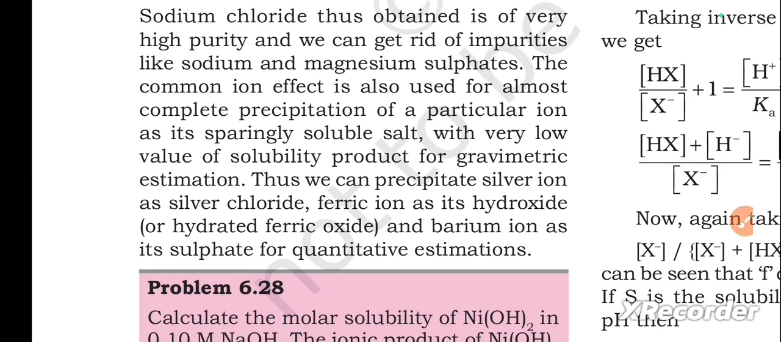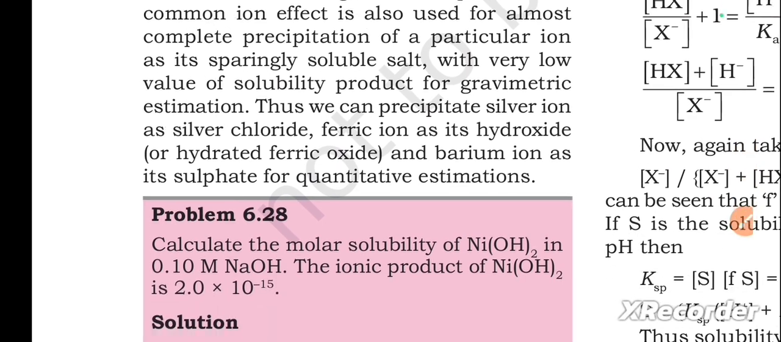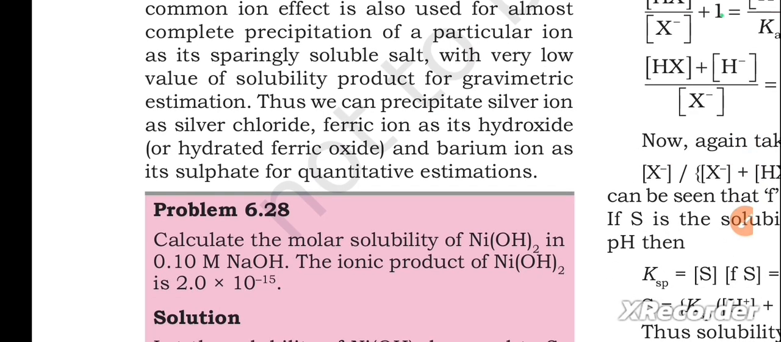sulfates. The common ion effect is also used for almost complete precipitation of a particular ion, as a sparingly soluble salt with very low value of solubility product for gravimetric estimation. Thus, we can precipitate silver ion as silver chloride, ferric ion as its hydroxide, and barium ion as its sulfate